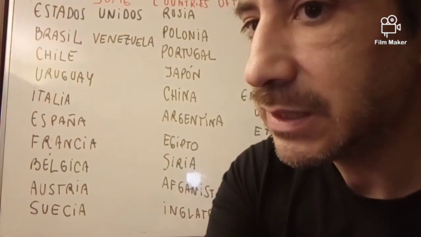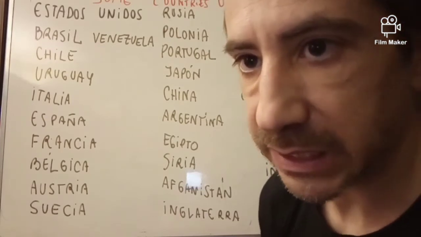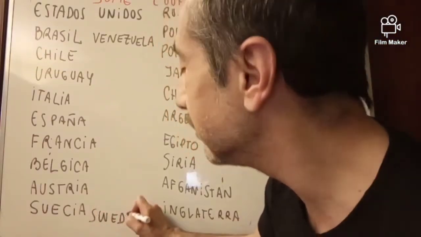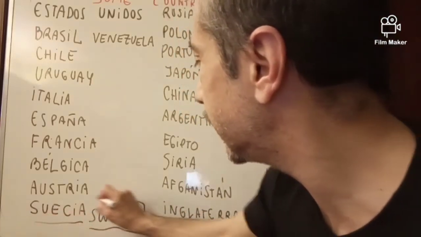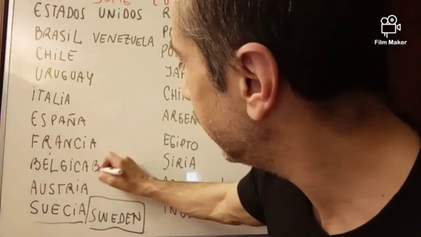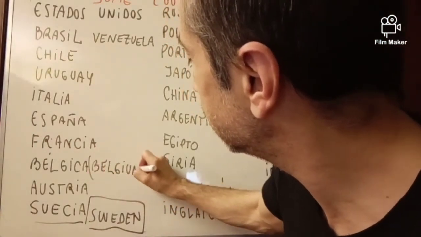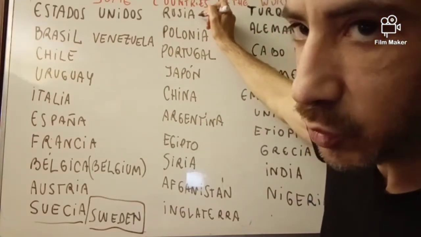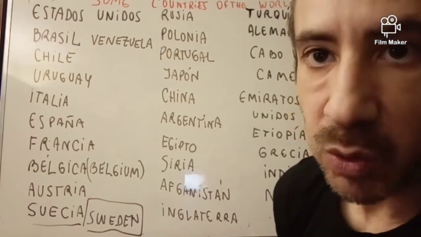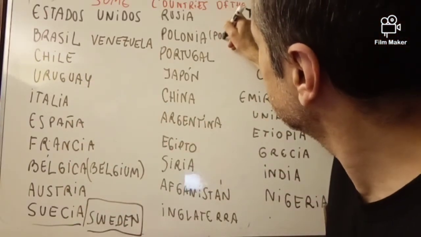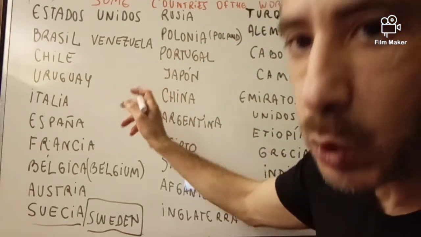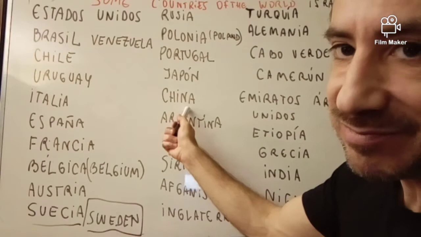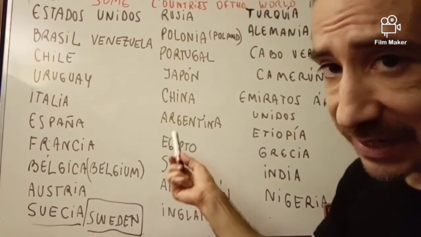Bélgica, Belgium, Austria, well, it's written the same way in English. Suecia, Sweden. It's very different from Suecia, so in this case I'm writing the English word. This is different too. France, Spain, Italy, Uruguay, Chile, Brazil, Venezuela, the United States of America, Russia, Polonia, Poland, Portugal, Japan, Japón, China, Argentina,